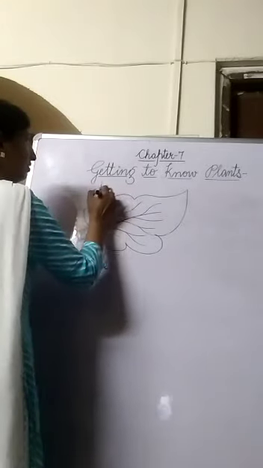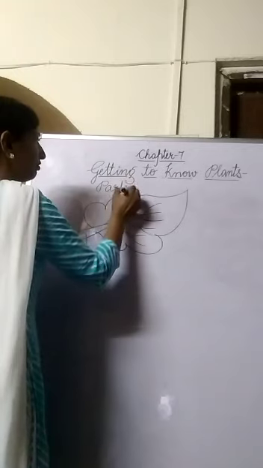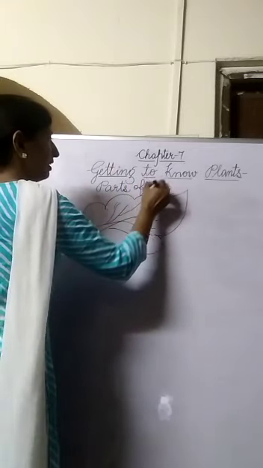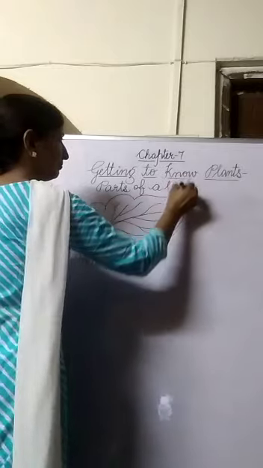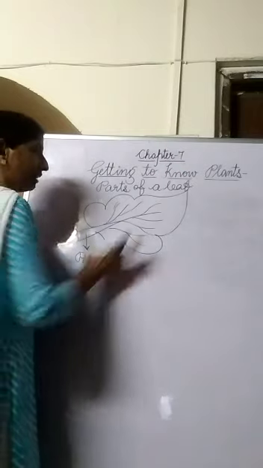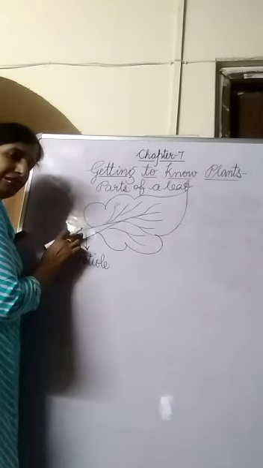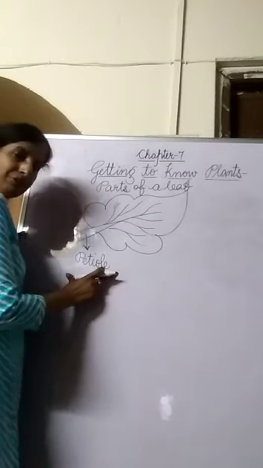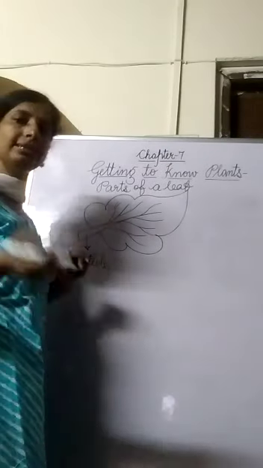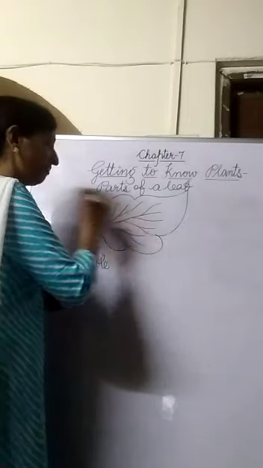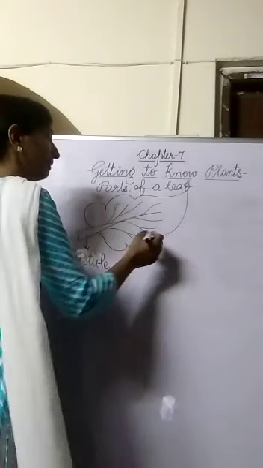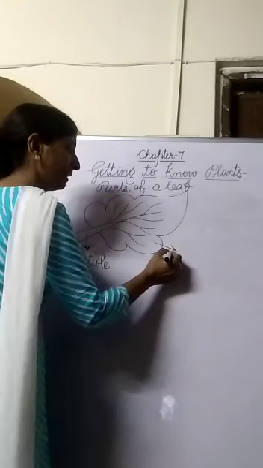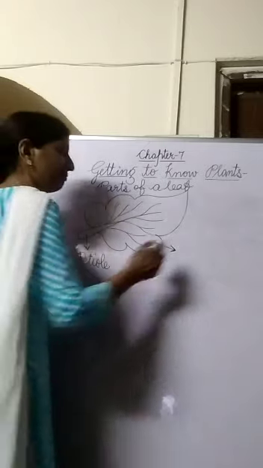Now we are discussing parts of a leaf. Right? So the important parts of a leaf: the stalk of a leaf is called petiole. So what is petiole? Petiole is the stalk of the leaf that joins the leaf to the stem. Then the main part of the leaf, the main green broad part of the leaf, the green broad part of a leaf is called